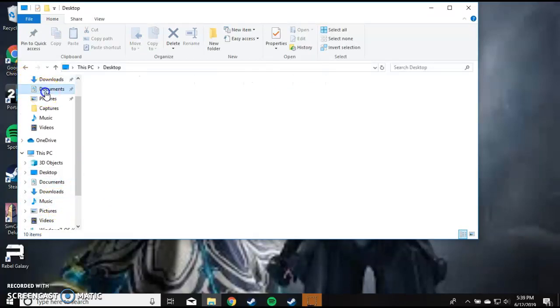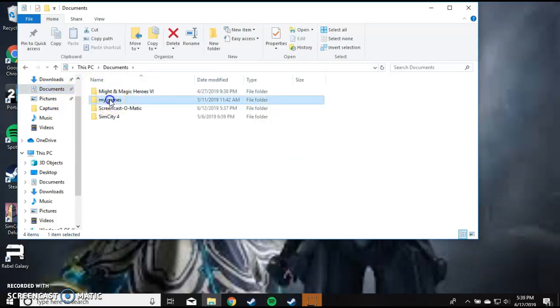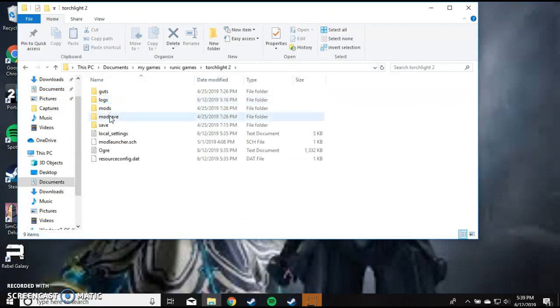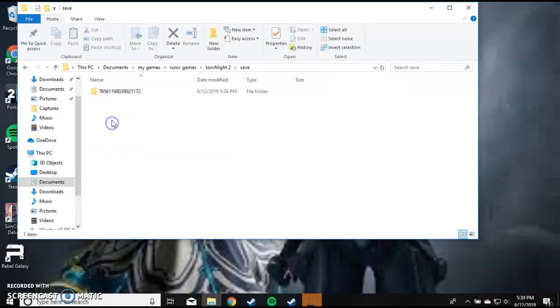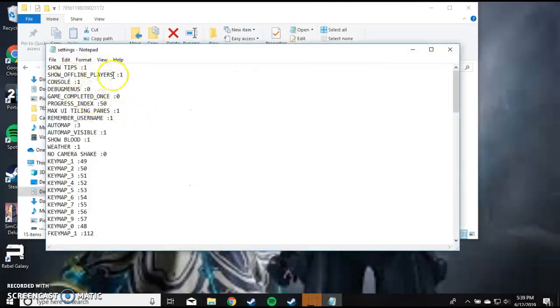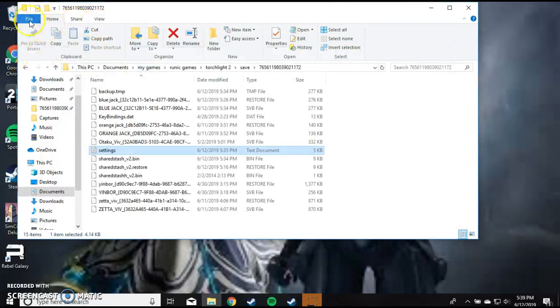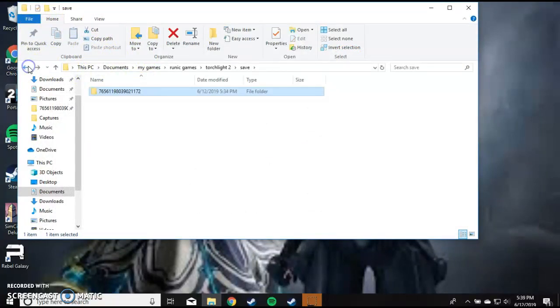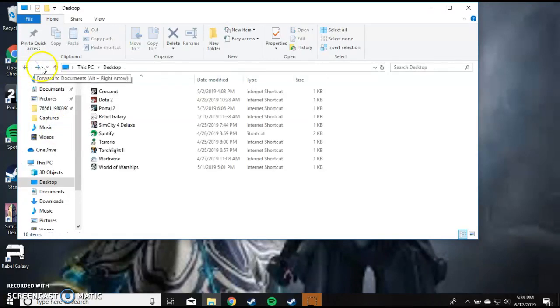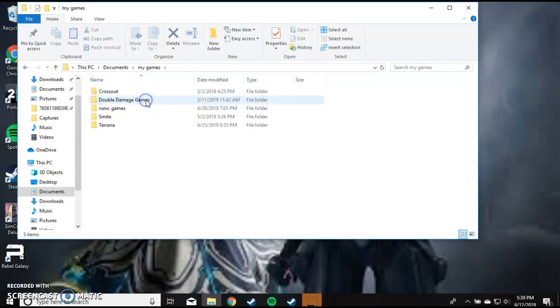So, I think it's downloads, documents, yeah, my games, Runic Games, Torchlight 2, I can't remember, let's see, settings. So we just go back and can see what I did. So documents, then my games, Runic Games, Torchlight 2,